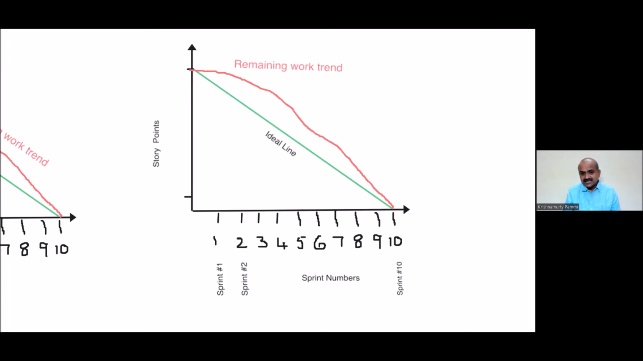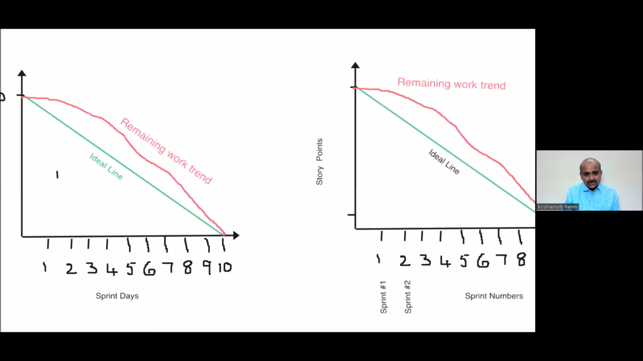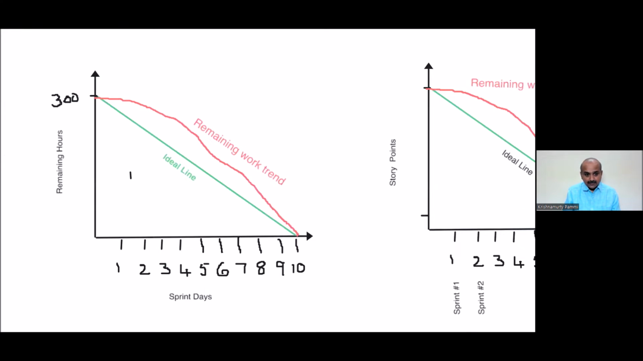It can be 6 sprints, it can be 5 sprints, or it can be 10 sprints, whatever it is. Let's have sprint numbers on the x-axis and story points on the y-axis. So it always makes sense at the end of sprint 1, how many story points are burned. At the end of sprint 2, how many story points the team has burned. So likewise, I suggest at this sprint level, within the sprint, have sprint days on the x-axis, remaining hours on